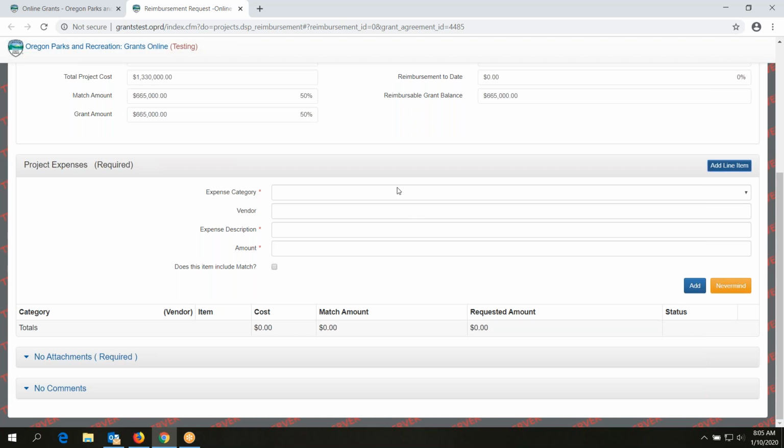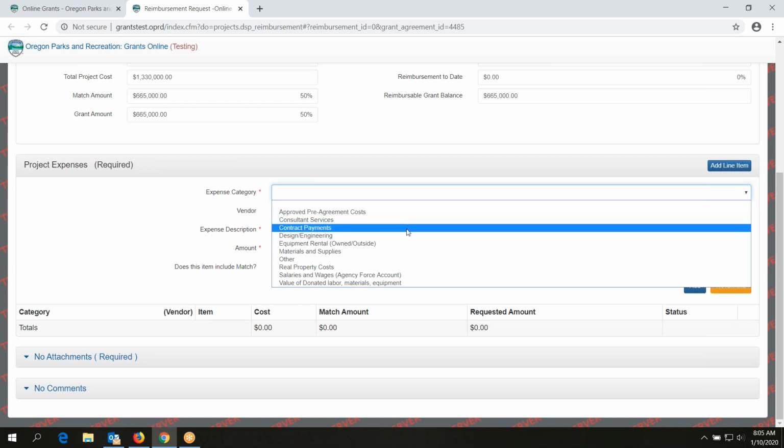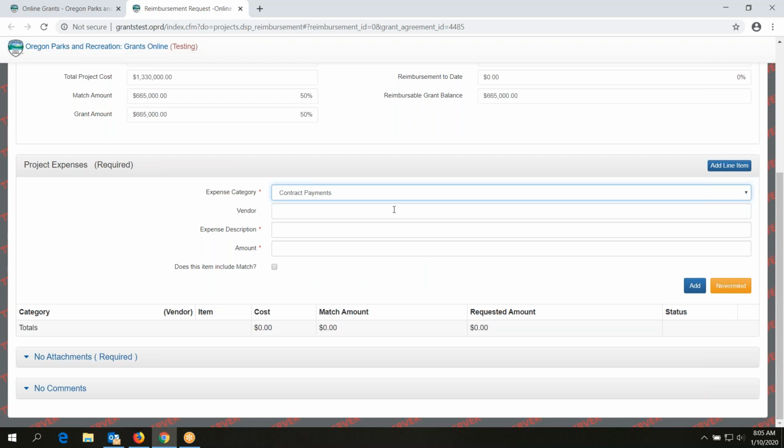So if you're going to enter a line item here, you pick your expense category. And so let's say this is contractor, and you can enter the vendor here, Smith Construction, or whatever the name of the company or person is, and then what it's for, concrete installation, because this was a park project. And then let's say the amount was for